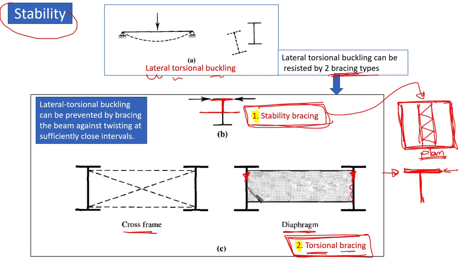Actually, most of the web is going to be restrained, but we are concerned with the part that is related to the compression flange. So we are going to control the compression flange lateral movement and torsional or twisting behavior